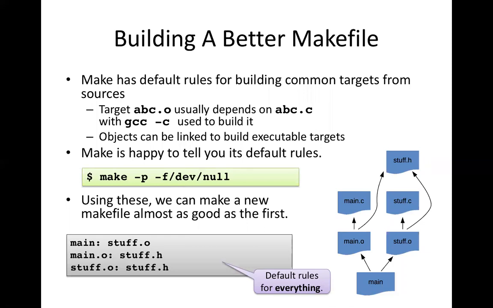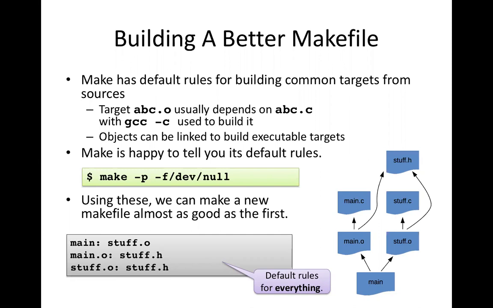Last time I ran that, it printed out about 1,000 lines of output saying all of the built-in rules that make knows how to use. Based on those built-in rules, you can get make to rebuild stuff for you using its built-in rules. And using that, you can write a makefile that is as simple as the one I've listed down here